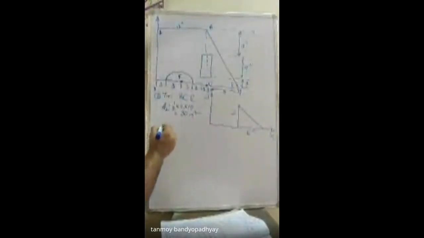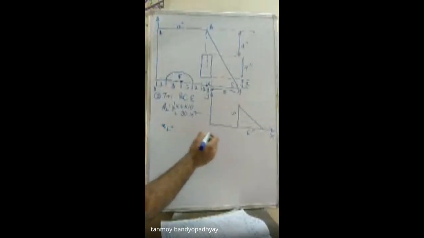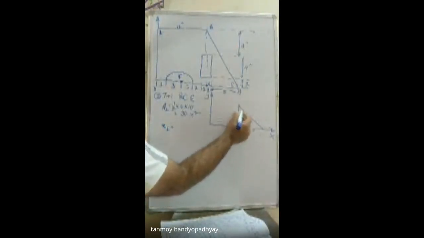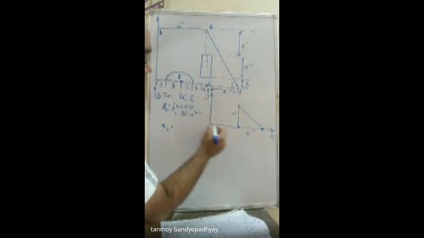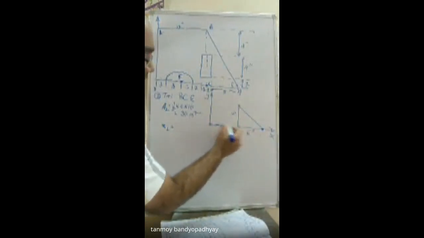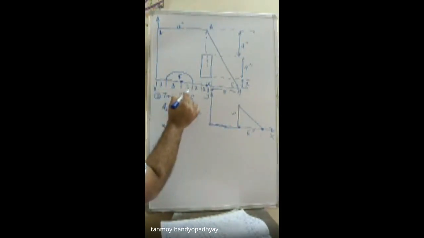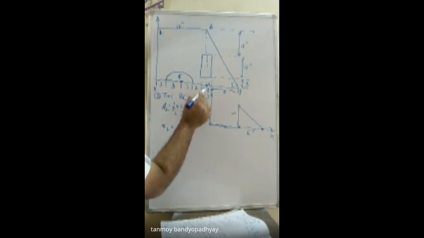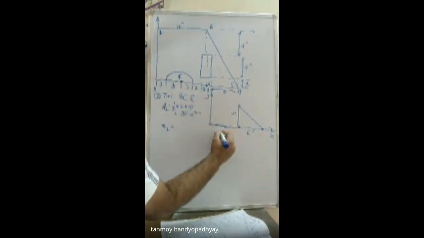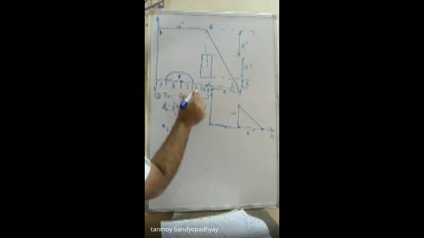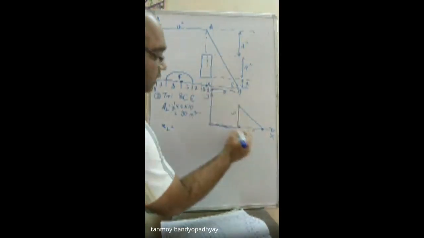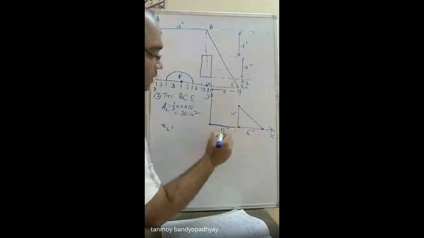Then x2. So x2 will be equal to what? For a triangle, if you consider it to be a triangle, I am coming from this side. So I will have to travel a distance initially of 3 plus 6, 9 plus 10, 11 plus 12. So this one, no, 9, 10, 11. So I'm going to 12, it starts from 12 inches.